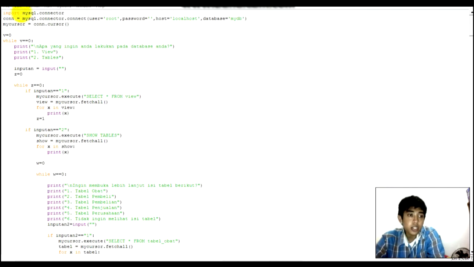Well, this is my coding about my program and connecting to MySQL, my database.